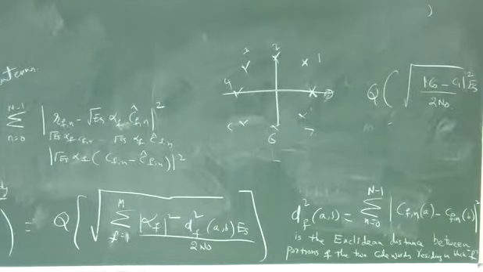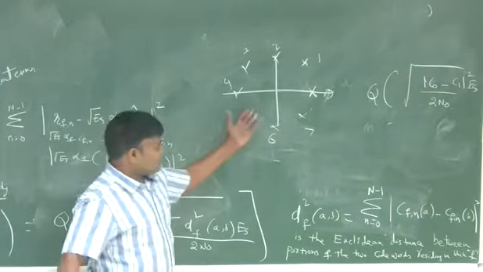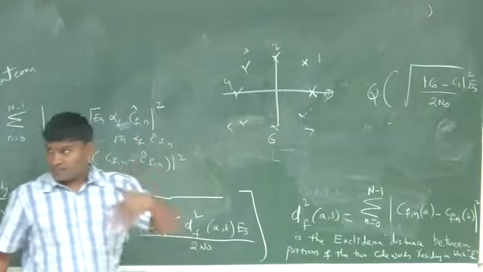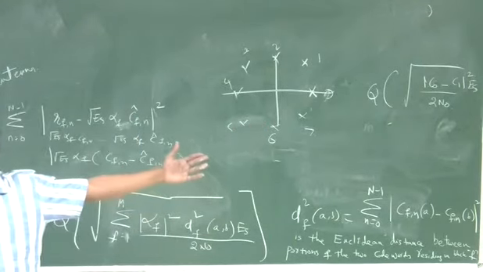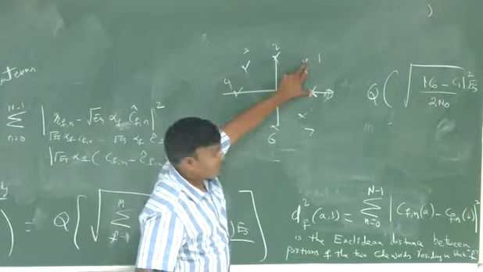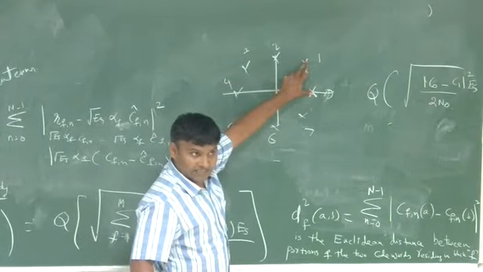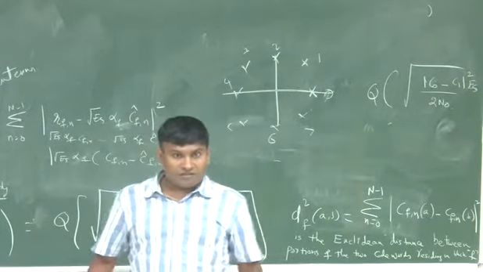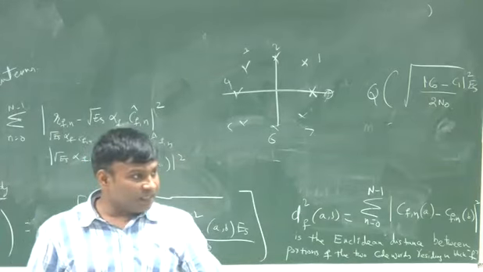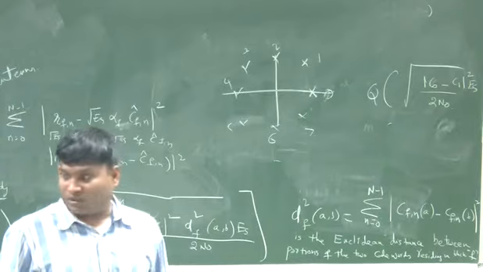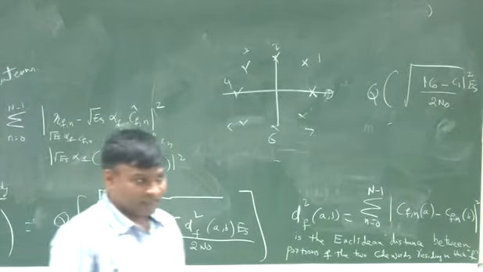Well, is it the exact error rate? No. Because how many error events are there? Well, there are at least 7 error events. If 0 is transmitted, there are 7 feasible. So you have to take the sum of the union bound over all possible events. But we know that this is the one that dominates. That should be a measure of it. For any modulation, you can calculate the uncoded error rate by calculating the minimum distance between the translation. Well, that's a coarse measure of error rate. Do you agree?